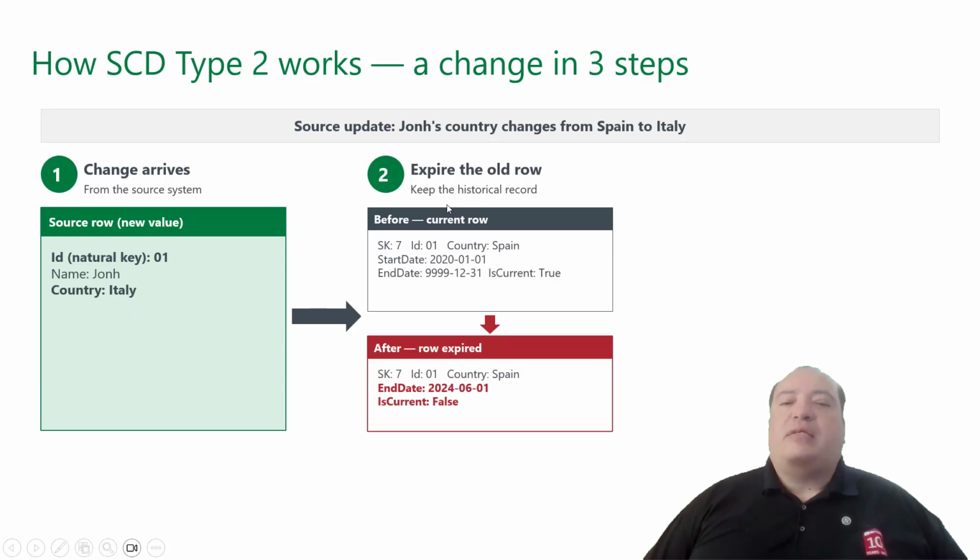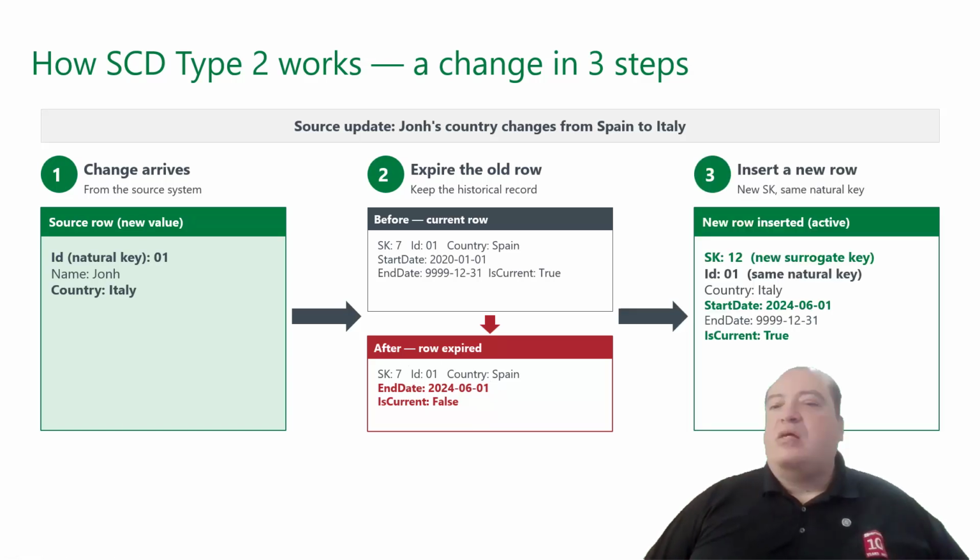We need to get the old record, the one marking John as being in Spain, and mark this old record as expired. This old record was the current record before, and then we change the end date field and the is current field to mark this record as expired. It becomes a historical record. The new record will be inserted. Yes, John will be inserted again